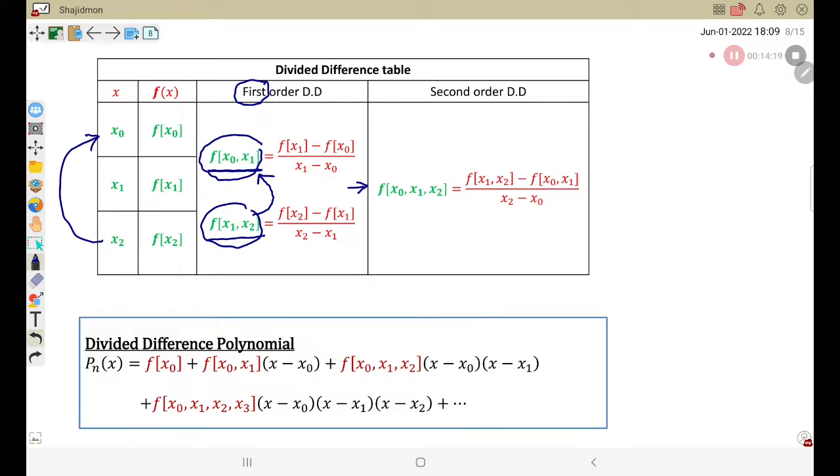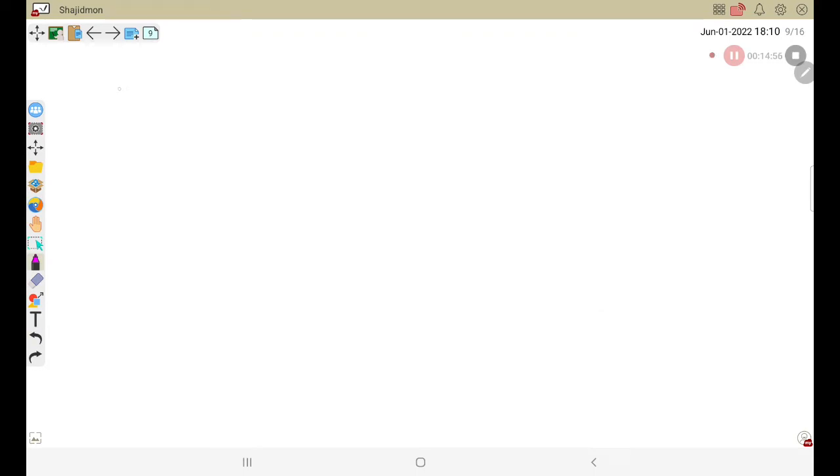So we will get the second order divided difference number here. Now once you have the divided difference table, we can write the divided difference polynomial. Pn of x, that means the nth degree divided difference polynomial, equal to, how we are writing: f of x0 first term, then f of x0 comma x1 second term, multiply x minus x0, plus f of x0 comma x1 comma x2 multiply x minus x0, x minus x1, plus like this it is continuing. That depends on which degree polynomial we need to evaluate. For example, I want to evaluate